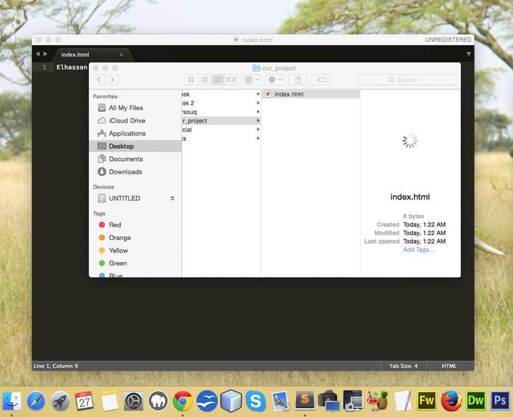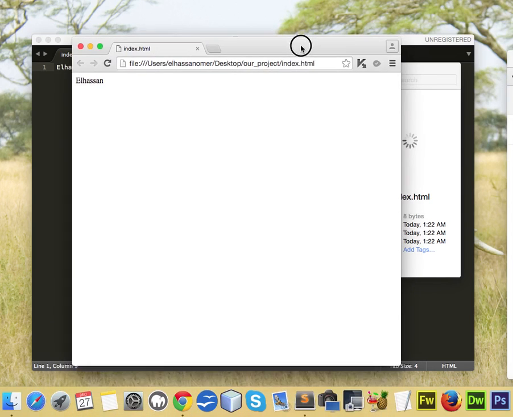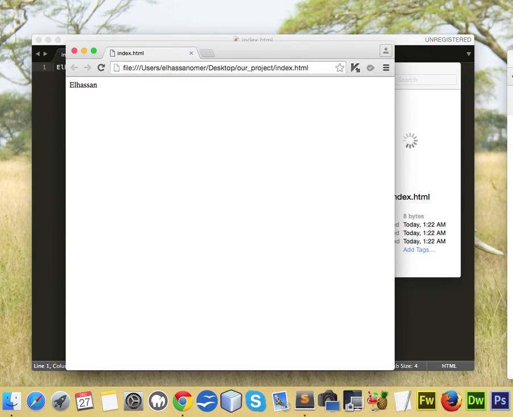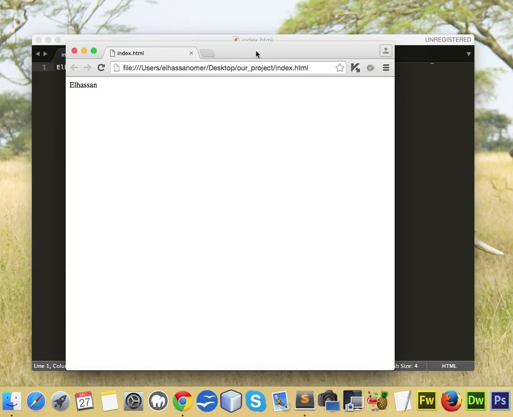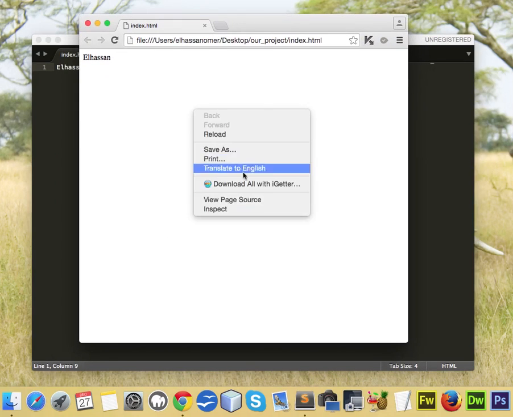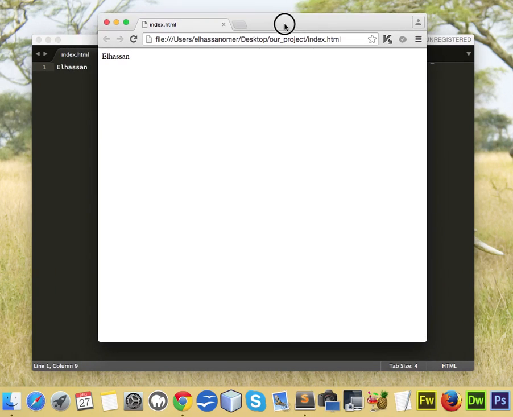Okay, let's see. Let's bring it here. Okay, this is our project. This is my name, the one that I just typed in the text editor. It just popped up in the internet browser. Wow. Let's view the source of this page. It's just my name. You can put this HTML file online,